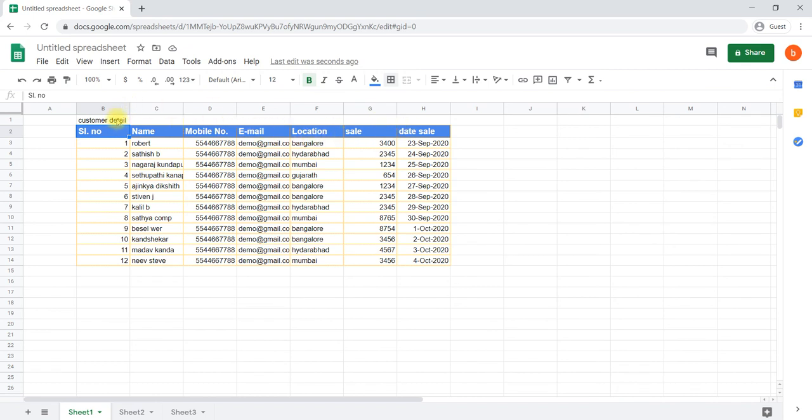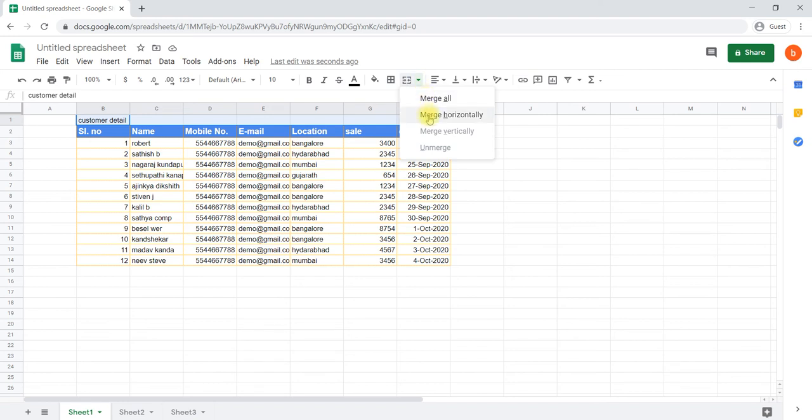What we have to do is select that customer detail, and drag to select all the cells till where the table ends, from cell B to column H. Then go here, there is a merge cells option. Select which type of merge you would like to do.